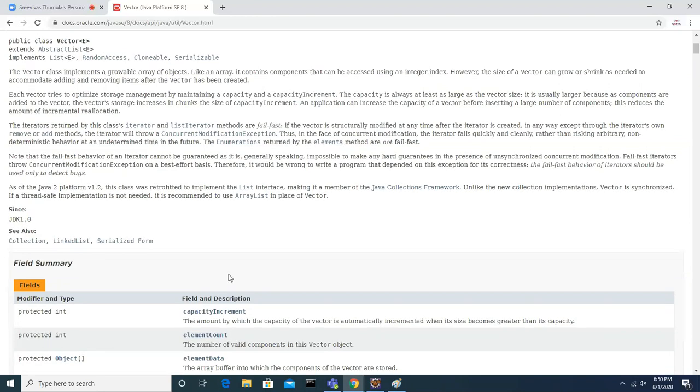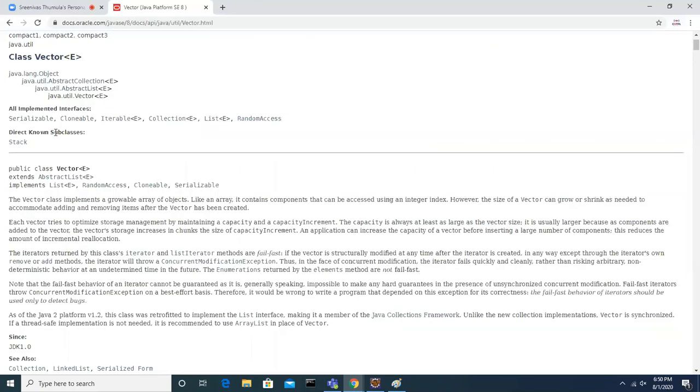That means when this class was introduced into the Java API, you guys know about the JDK versions, right? How many versions till now?